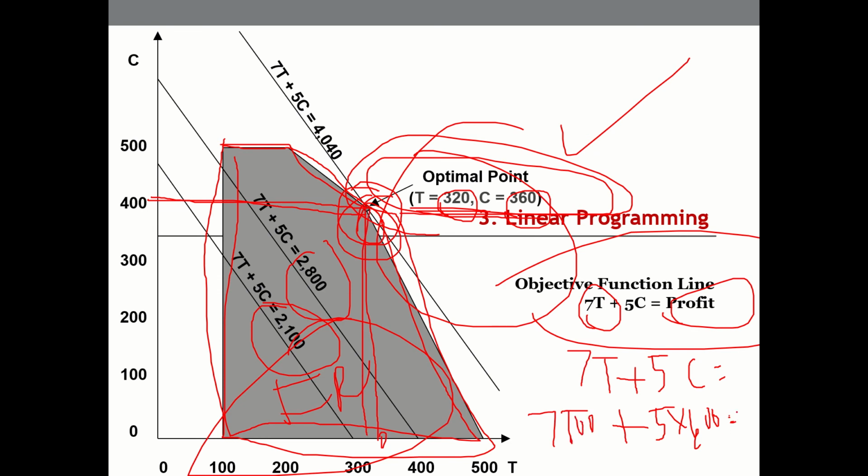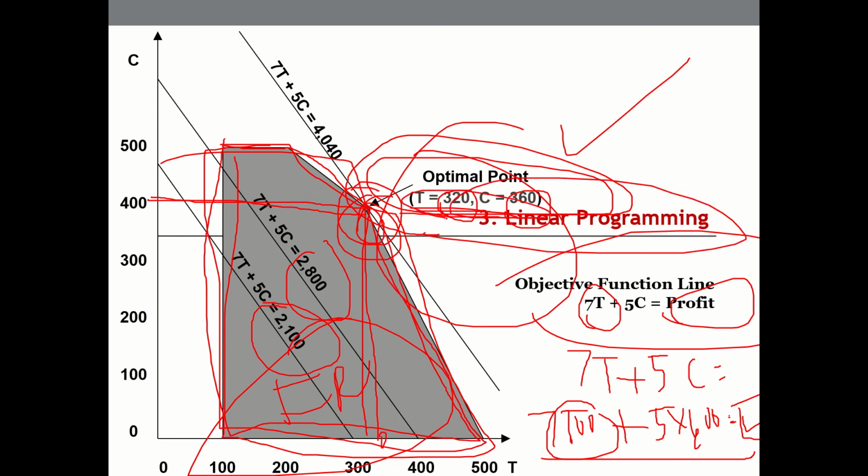Okay, and we find out what is the value here. If it is within this region, then this is feasible, and if it is outside, beyond this number of chairs to be produced or number of tables to be produced, then it is outside this scope. Okay, to directly answer your question, how do you get this optimal number?